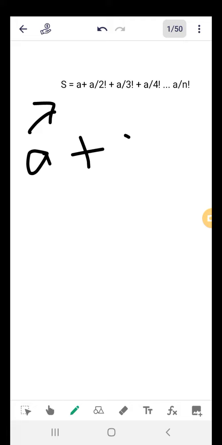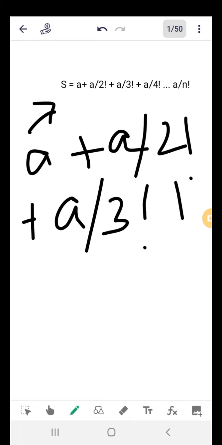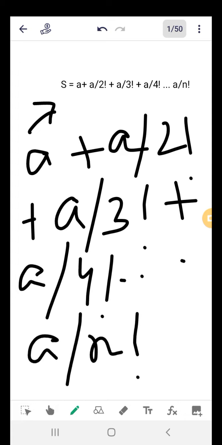So here you can see this series. This is a plus a divided by 2 factorial plus a divided by 3 factorial plus a divided by 4 factorial up to a divided by n factorial. So first of all, let's see what the pattern is, what hint you are getting here. Factorial I have already told you. If you are following my while loop playlist, there you will find how to find the factorial of a number, or Armstrong number, or these kinds of things. In the Armstrong number there is a thing called factorial. I have already told you about factorial. Again I am telling you, don't worry. Factorial is nothing but